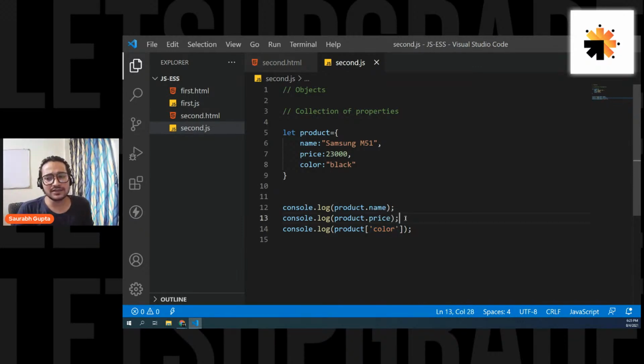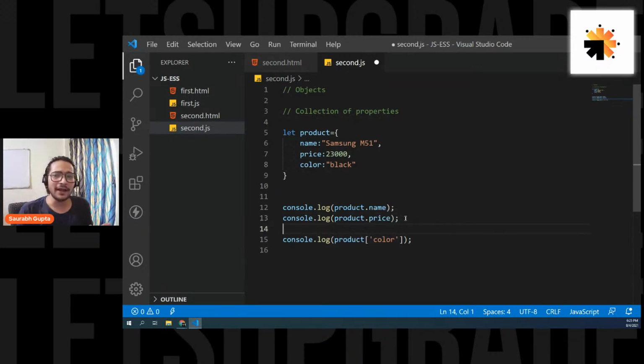But now the question here can be, why do we have two methods or two ways of accessing properties? Is it needed? That's what we have to understand now. It's a good question. Why do we have two ways of accessing it? If one way is working fine, why do we have the second way? So now I'm going to tell you that as well. Now it's really important, guys. Focus on this. It's really, really important to understand.